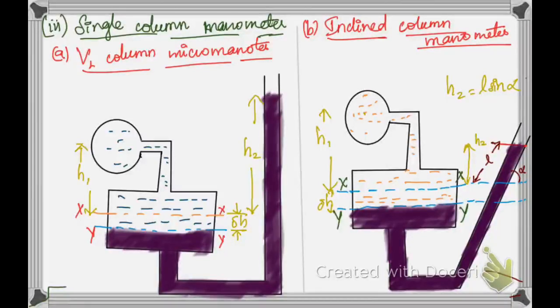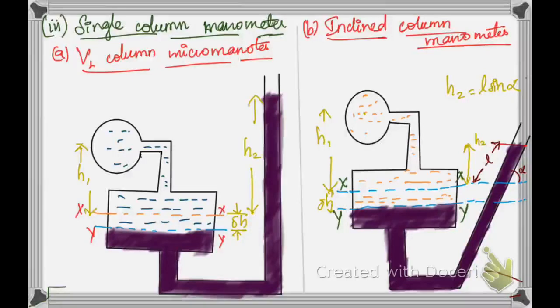We have seen that it is exposed to atmospheric pressure. Then our left limb will be connected to the container, and the liquid pressure will push the datum line from XX to YY. This is the one we are seeing, and the main advantage of these kinds of manometers is that they are very easy to fabricate and inexpensive. You will have very good accuracy, very little maintenance is required, and it is not affected by vibration. It is especially suitable for low pressure and low differential pressure.